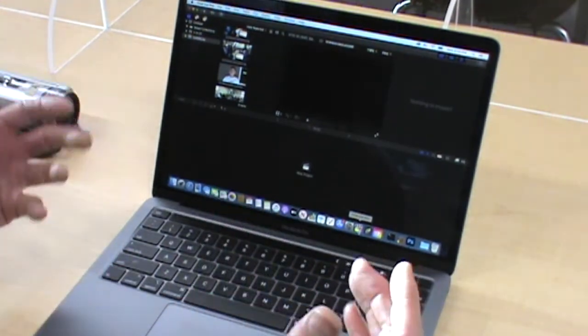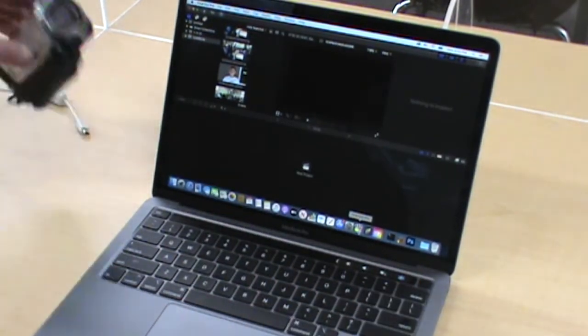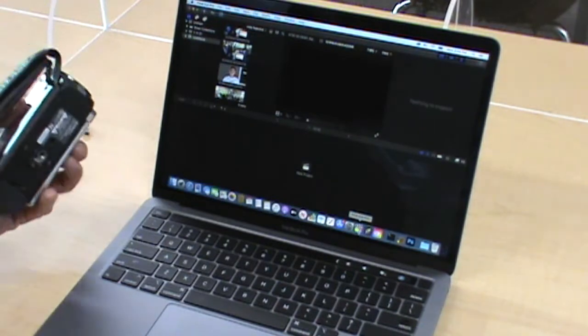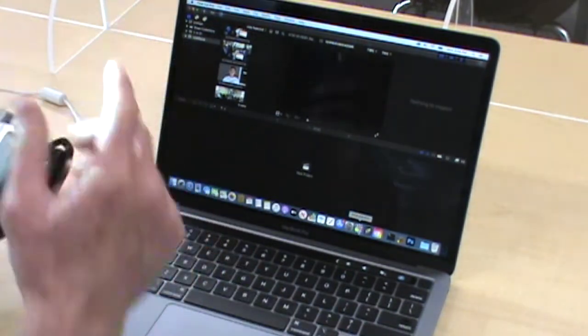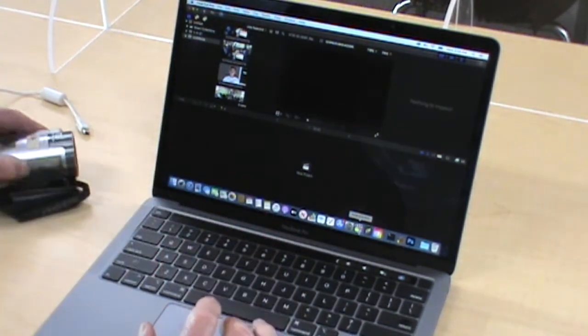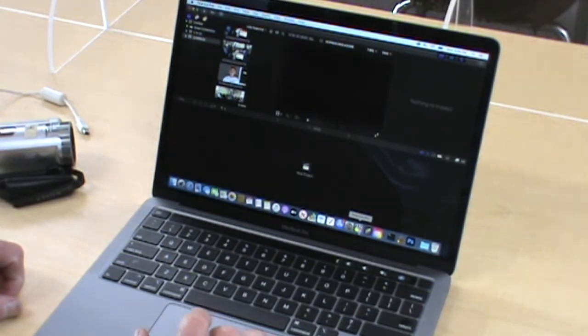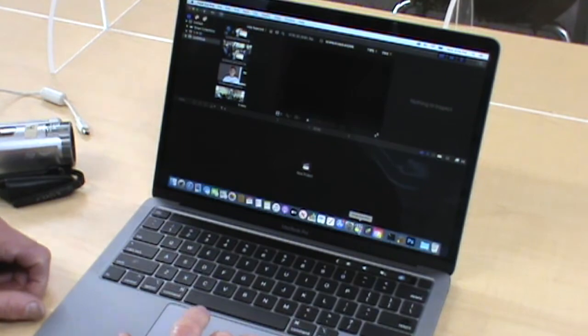If not, you weren't patient enough. And if you delete it off here, you're going to have to go film again. Or if it is still on here, then you just have to import it, but you've got to be patient. That's it. So now we're going to teach you how to edit these films. I hope this